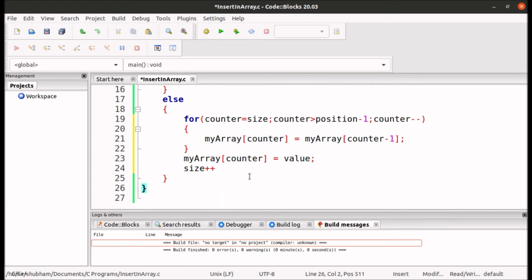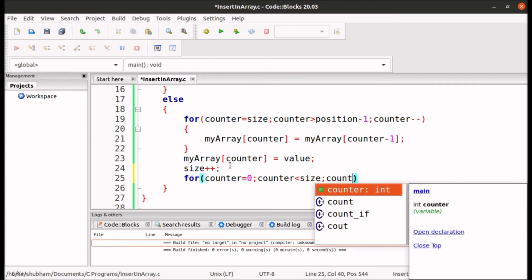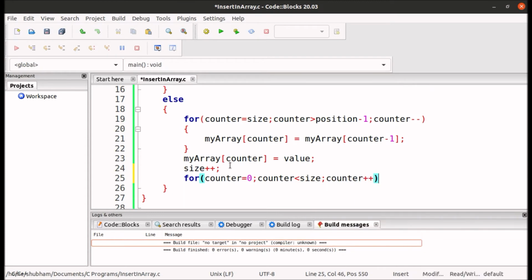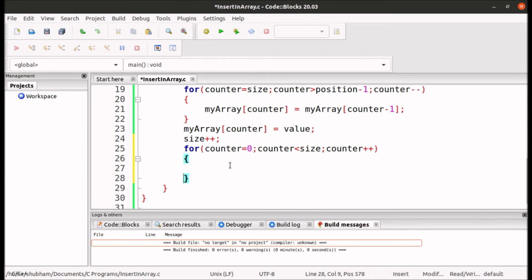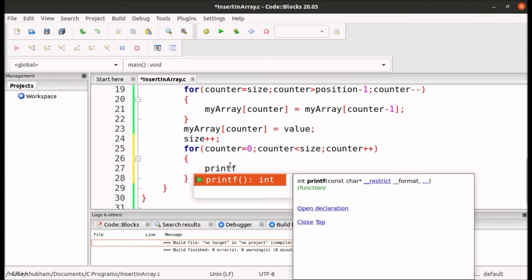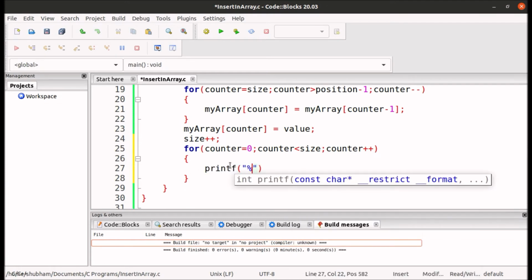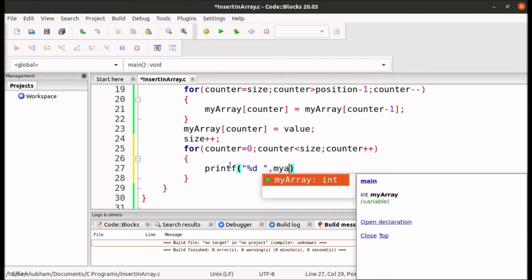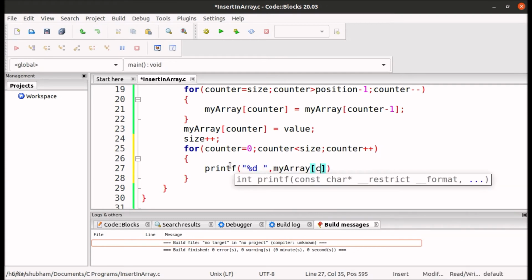And after doing all of this, I will print the array for counter equals to 0, counter less than size, counter plus, and printf %d and my array of counter.